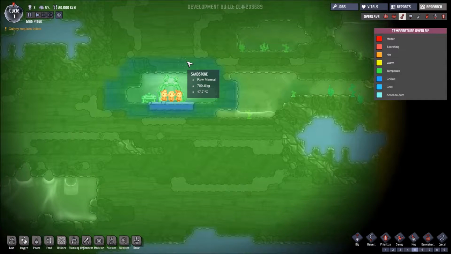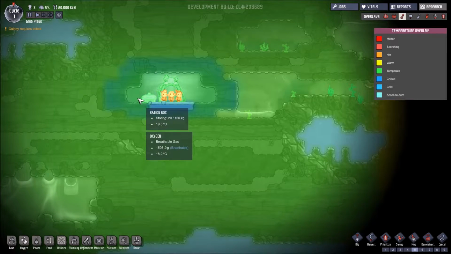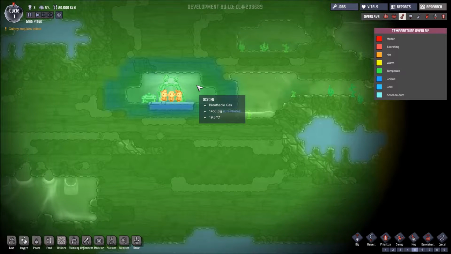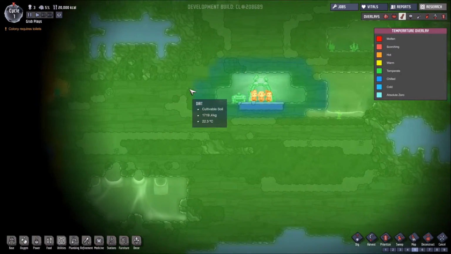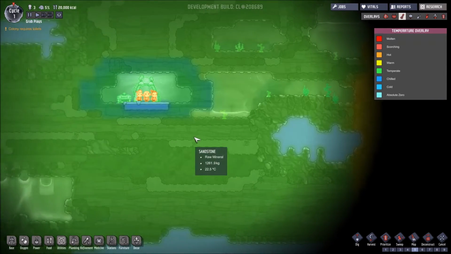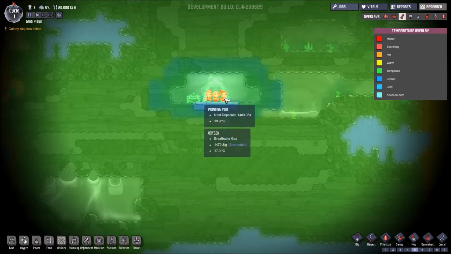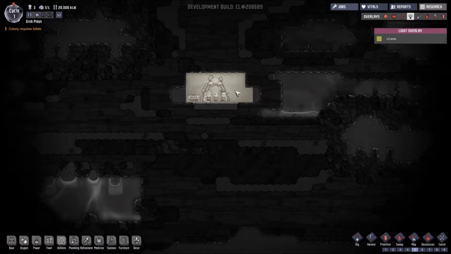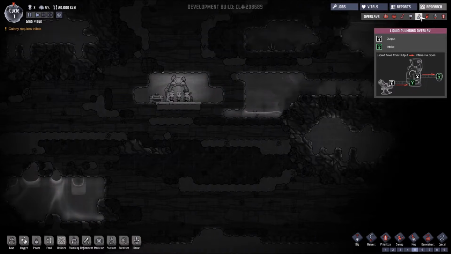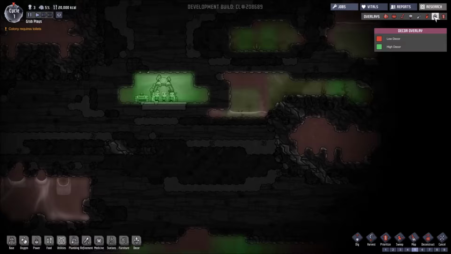Temperature overlay. Temperature is important. You don't want your duplicates getting too hot or too cold, if possible, because that adds to their stress, which could lead to bad things. And also, some devices, I think, and some plants will only grow if they're not too hot. So you've got to watch that. Later on, as you research things, you'll find ways of helping to cool things off. Our light, right now, this is the only lit area. There is plumbing. Don't have anything for that yet. Then we have our decor overlay,